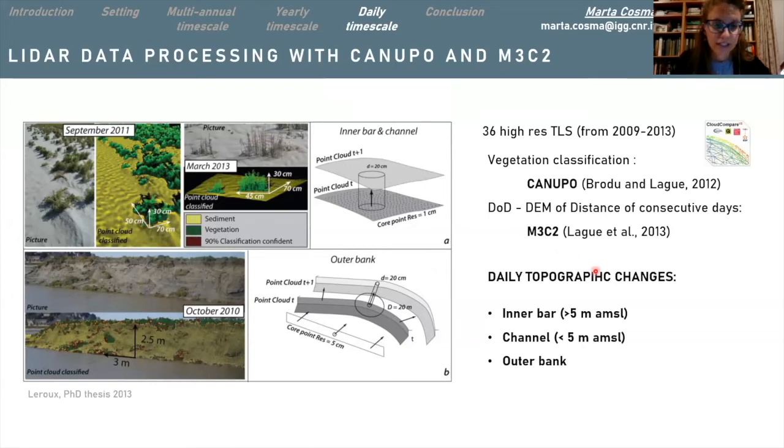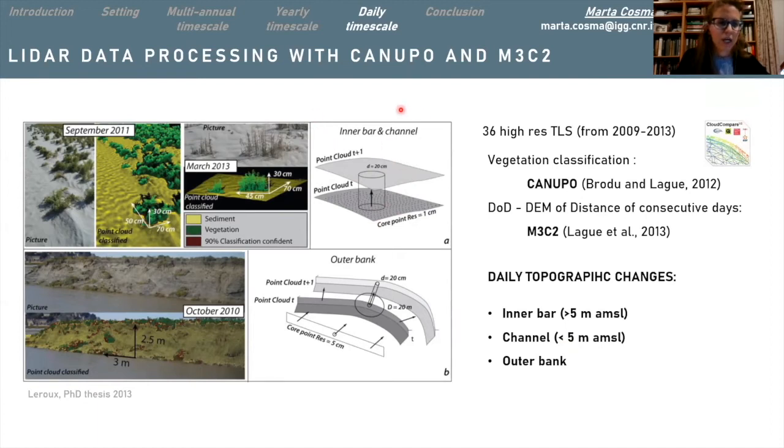So he looked then at the daily topographic change of these 3 zones. He called the inner bar all the points that are higher than 5 meters above sea level, whereas the channel refers to points which are below 5 meters above mean sea level. And then he analyzed the outer bank. Here you can see he uses 2 consecutive surveys, and he analyzed the distance